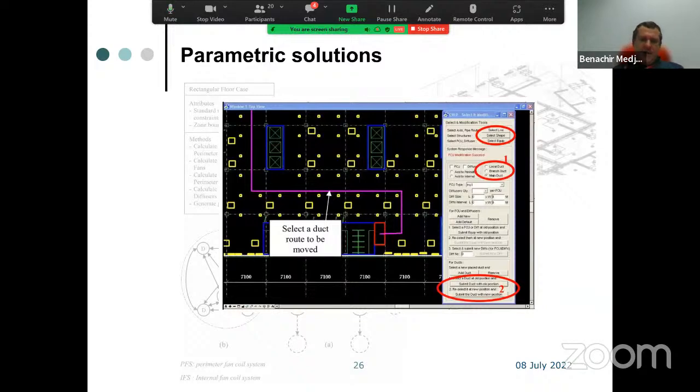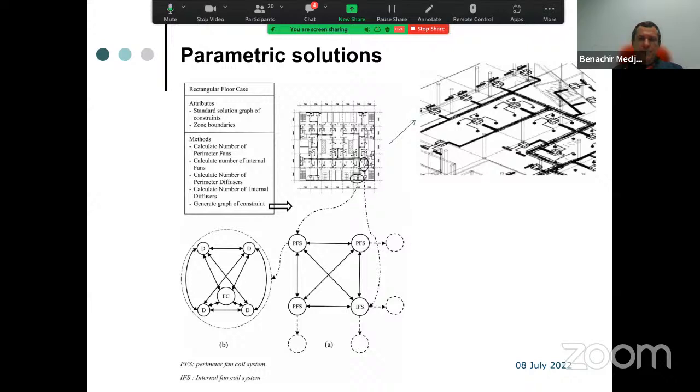This is thanks to the model we have used. Behind every solution we have here, we have a graph of constraints. Okay, it's not just a list of objects. We have a graph of constraints where we record all the geometrical relations, etc., between all the different elements.